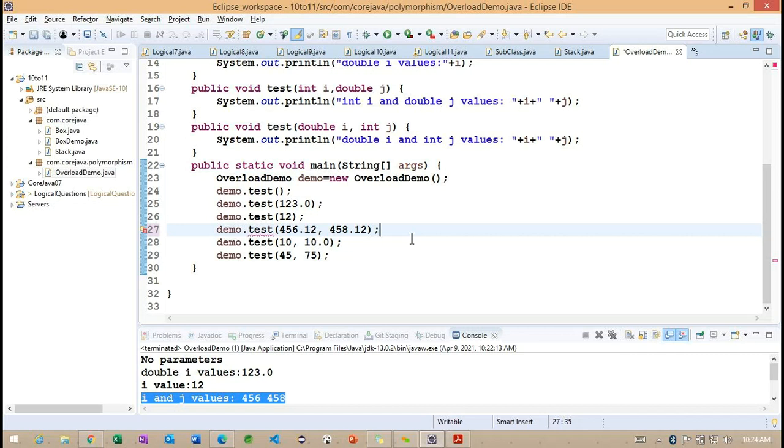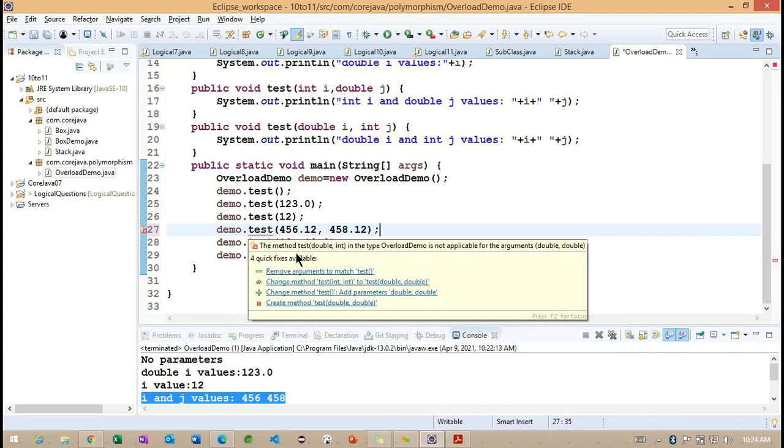In the current example, we did not define the method which is going to take two parameters as double data type. Because of this, we are getting an error here.